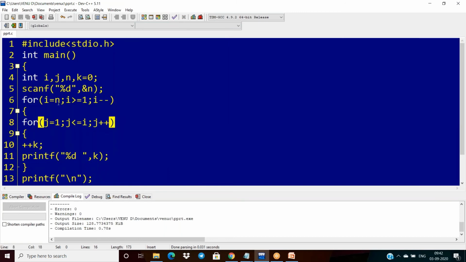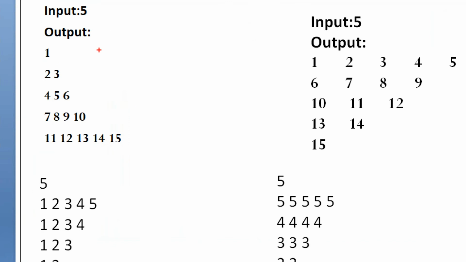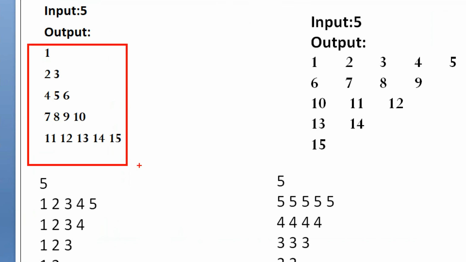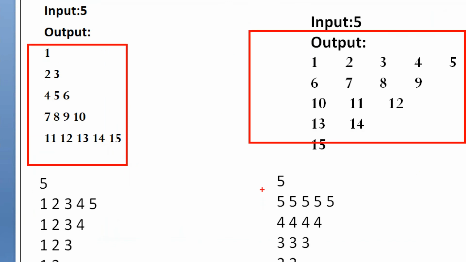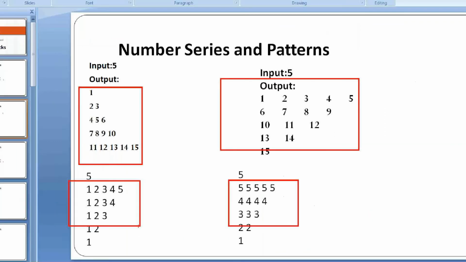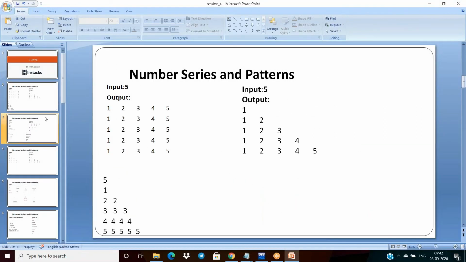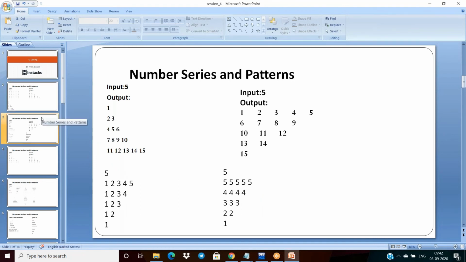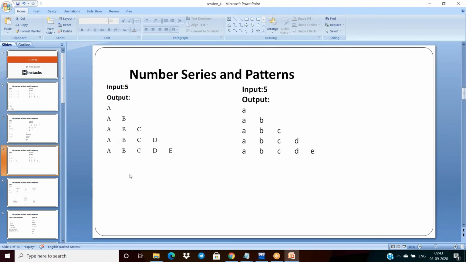Okay. But if I am changing the pattern style, if i equals 1 to n, it will give a different pattern here. So this is the complete example here. We are done with this one and all here. This is also finished here. The first two slides, the examples, are over. Now coming to the next one.